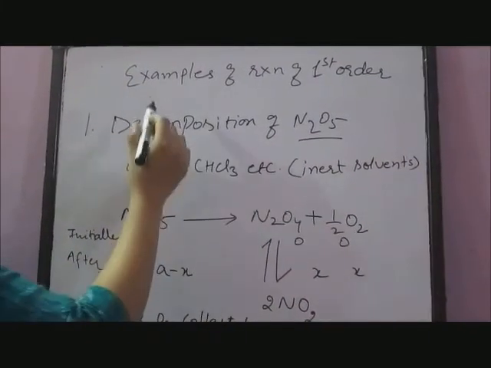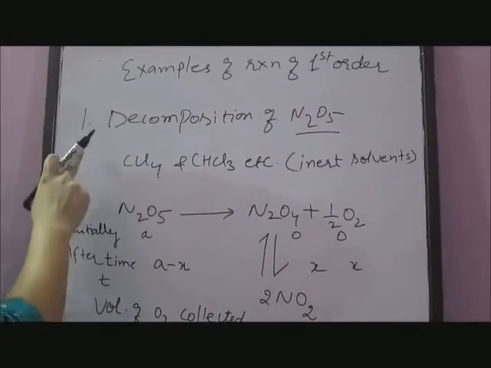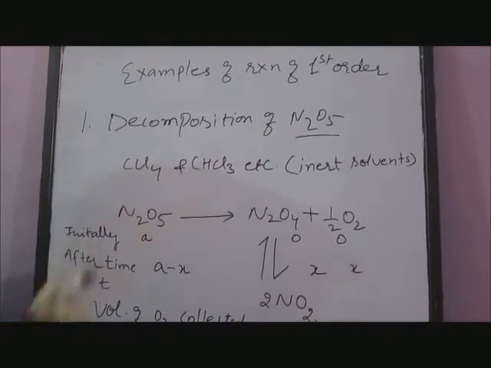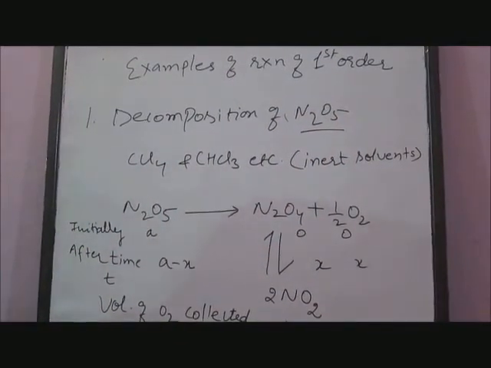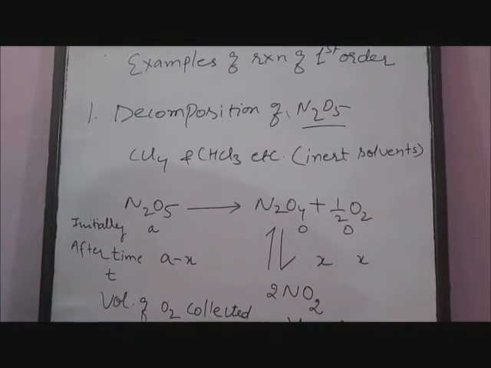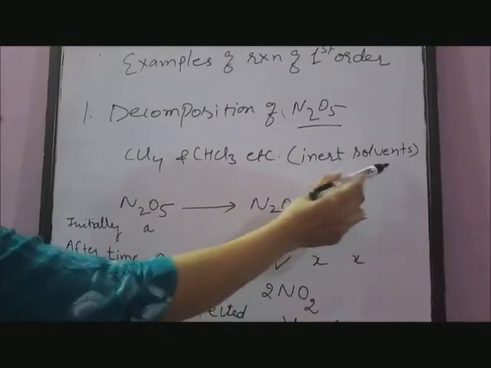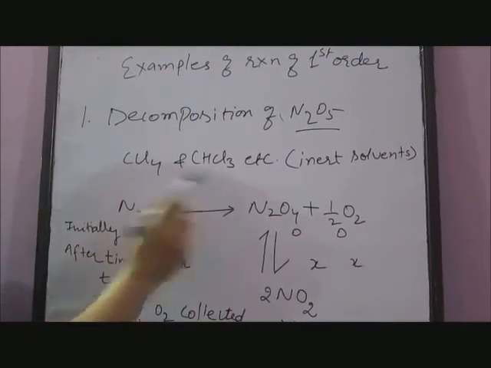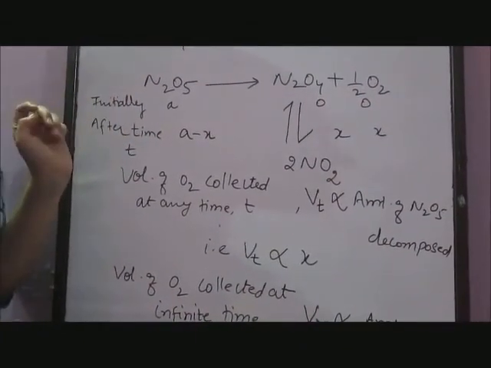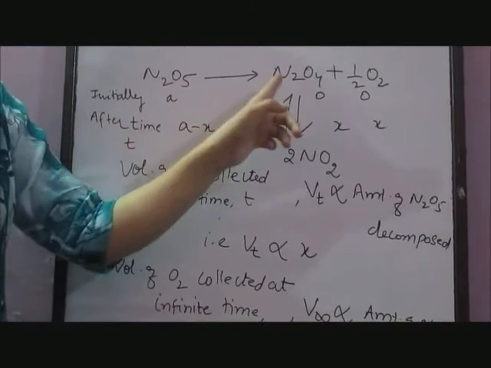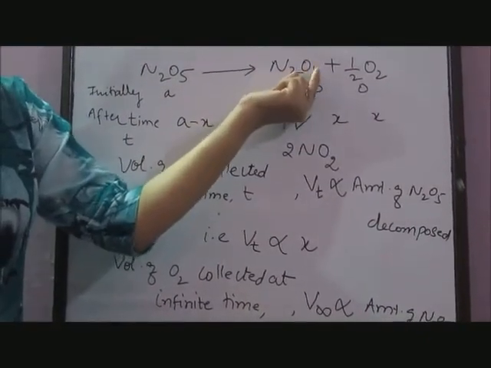Welcome students. Today we are going to discuss examples of reaction of first order. First example is decomposition of N2O5, where N2O5 is a volatile substance which decomposes in gaseous state as well as in solution. Solution of this compound is prepared in inert solvents like CCl4 and chloroform. When the reaction is carried out in solution, N2O5 decomposes to form N2O4 plus half O2,